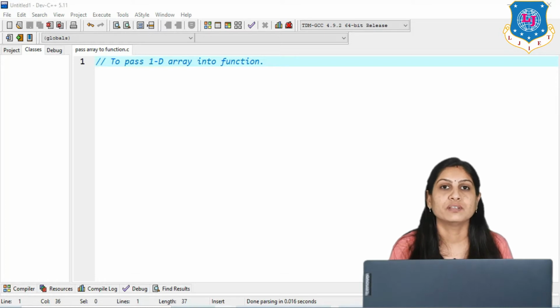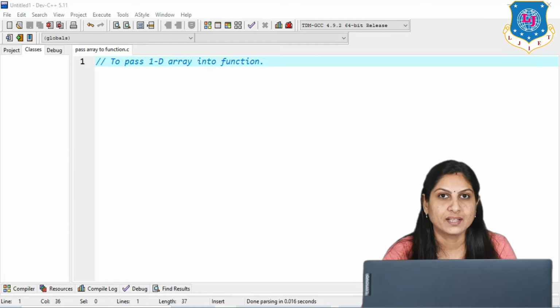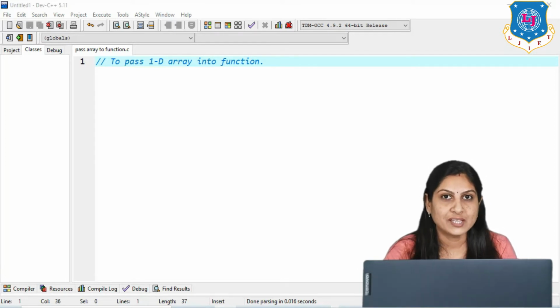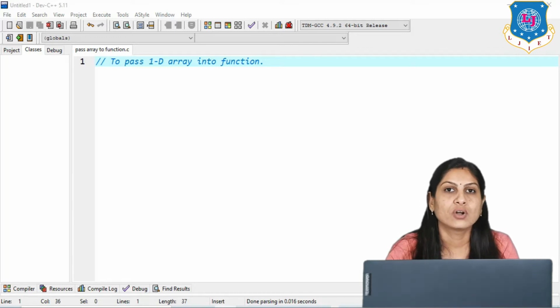Today we are going to discuss one topic: to pass an array into a user defined function. So let's first introduce the array concept. An array is nothing but a collection of elements. When you want to collect multiple elements, you need an array. Now we are trying to add an array into our function. A function is a module that the user can create on their own, called a user defined function, or UDF.